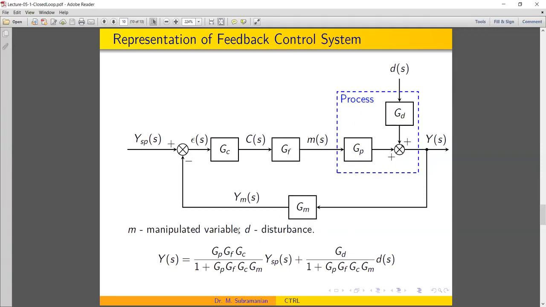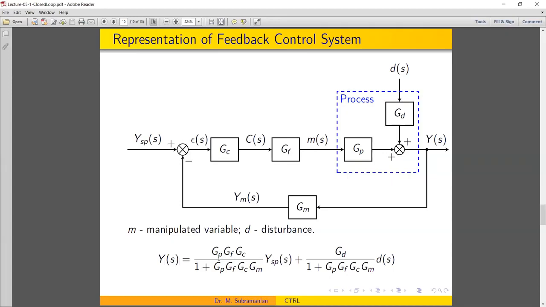So everything is represented in terms of the transfer function, this simple transfer function groups. And yeah, this final result is very important. Let us discuss that. So what is GP, GC? Always in the closed loop transfer function, the right hand side is what is called as